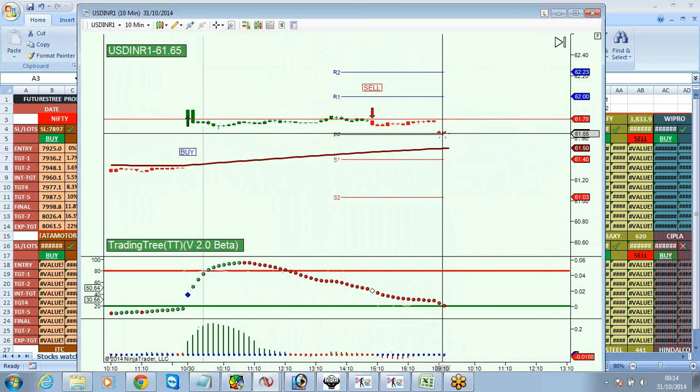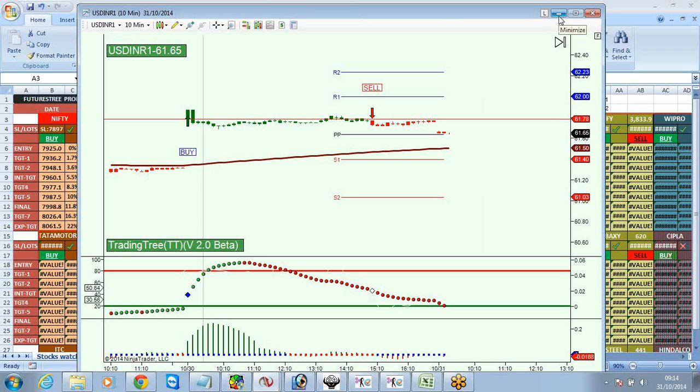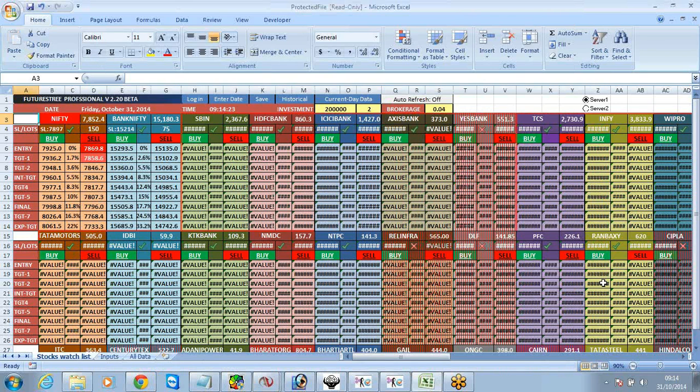So it's a gap down open for dollar. We are on 31st, Friday, October. So another 1 minute we'll be